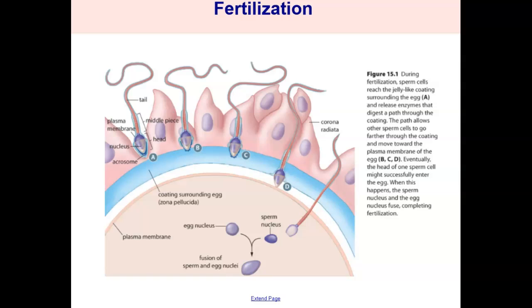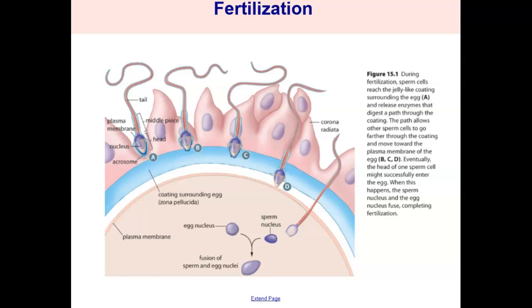So when an egg becomes fertilized, the sperm will eventually swim through the female reproductive system, through the vagina, through the cervix, through the uterus, to the fallopian tube, and eventually it will meet an egg. Once it gets to the outside of the egg, remember the acrosome has to break down the wall of the egg in order for it to get inside. So this is a picture of the acrosome breaking down, and it starts to digest the egg wall. Eventually it will get to the inside of the egg, where it will release its nucleus, and the nucleus from the egg and the sperm will fuse together, and now it's a fertilized egg.